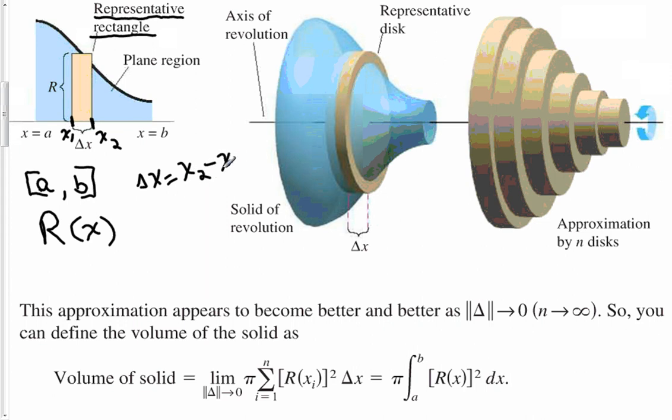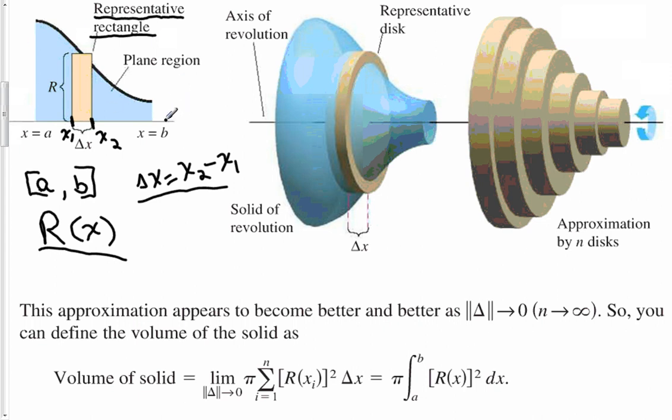And this representative rectangle would have an area that would be the r of x, which is the height of the rectangle, times delta x, which is the width of the rectangle. So we have these two players. We have the r of x, which is the height, and delta x, which is the width of the rectangle. Now what we're going to do is take this entire blue region and